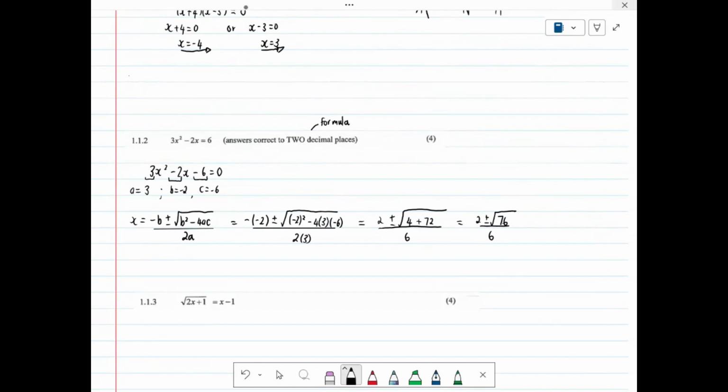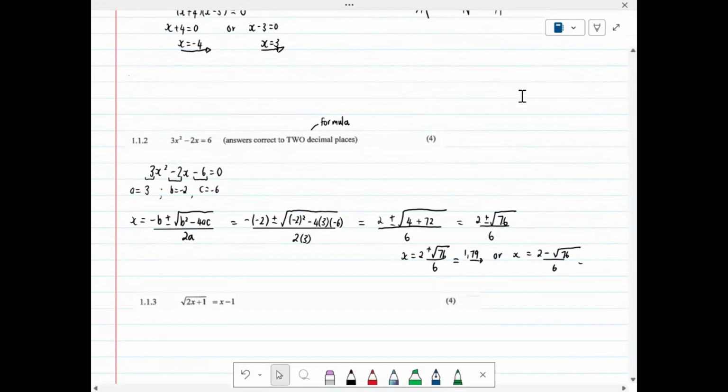So our one solution will be x is equal to 2 plus the square root of 76 all over 6, which rounded off to 2 decimal places is 1.79. Or the second solution will be the negative answer, which would be 2 minus the square root of 76 over 6,